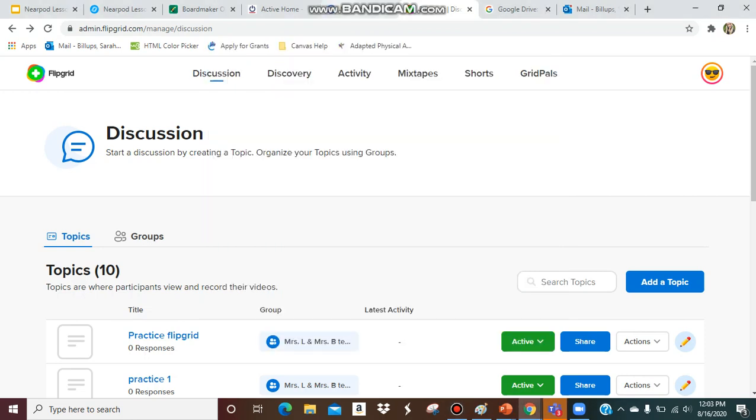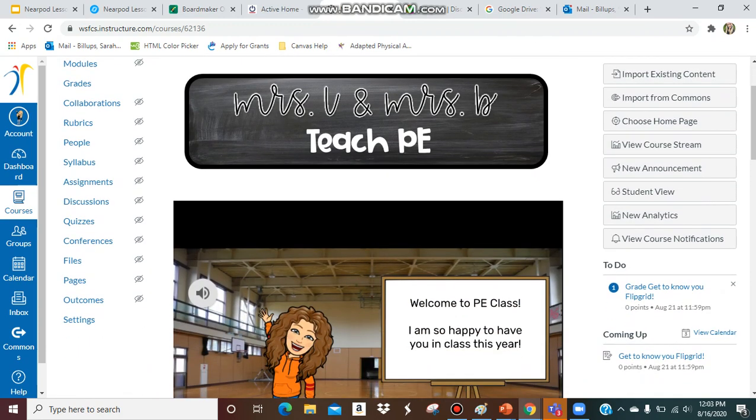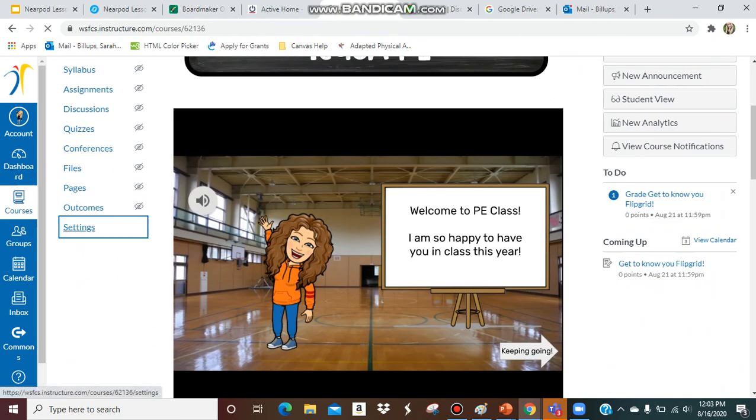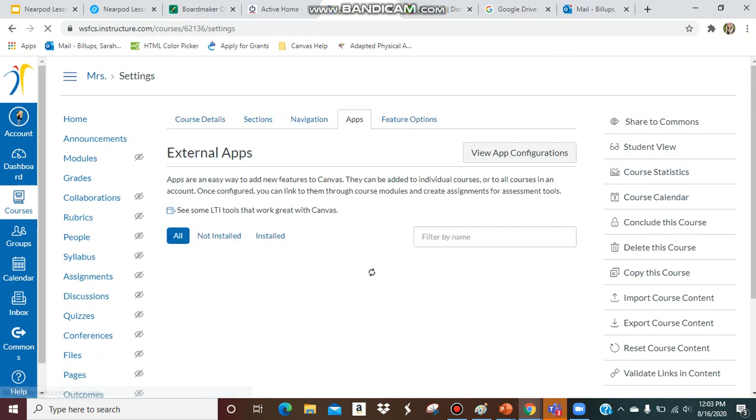Hey, also I'm going to show you how to make sure your Flipgrid is linked as an external tool on Canvas so you can connect it to your gradebook. So you're going to go down to whatever course you want to add this Flipgrid to. You're going to go to settings and you want to make sure your Flipgrid is added as an external tool through the apps section. So when you get to settings, go over to the top to apps, and then I